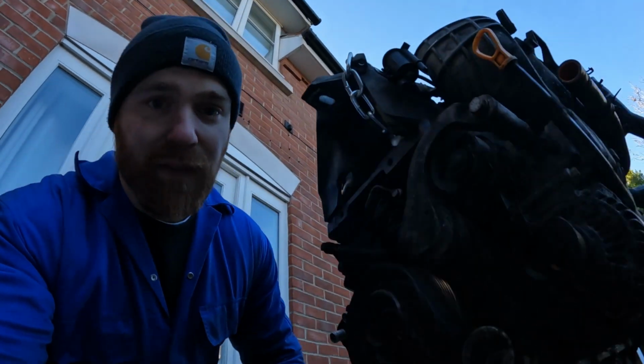And then I was thinking, you know what, as well, the death rattle on this car is pronounced, to say the least, and lots of people online are saying that the chain tensioner needs replacing, when the death rattle is kind of only as bad as when you turn the car on for the first time. It will die down. Most people are saying that's the chain tensioner, but mine doesn't disappear. It rattles and rattles and rattles, which makes me think that there's probably a larger problem than just the chain tensioner. So I think what I'm going to do as well, you know, this is a restoration. You know, I haven't got thousands and thousands to spend on this, but I may as well just do the job right. So I'm going to get a chain kit as well, so new chain,